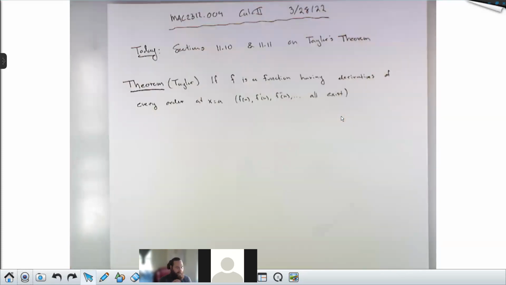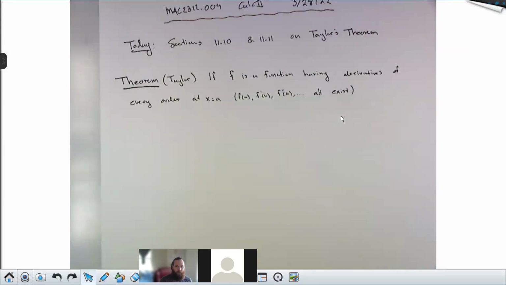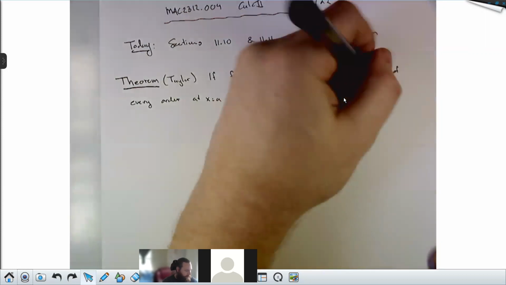So f is infinitely differentiable. That's what we're saying here. If f is infinitely differentiable at a, meaning f of a, f primed of a, f double primed, f triple primed, all the derivatives that you could possibly want to take at a exist, then